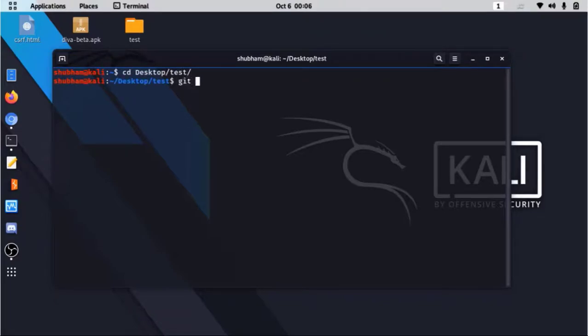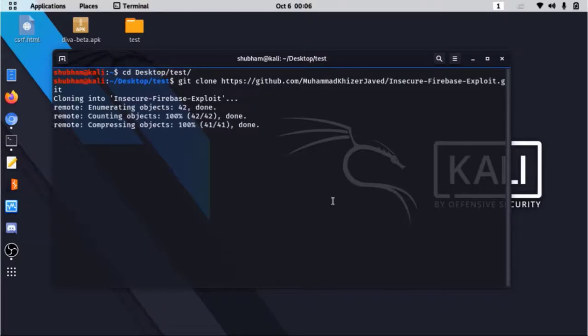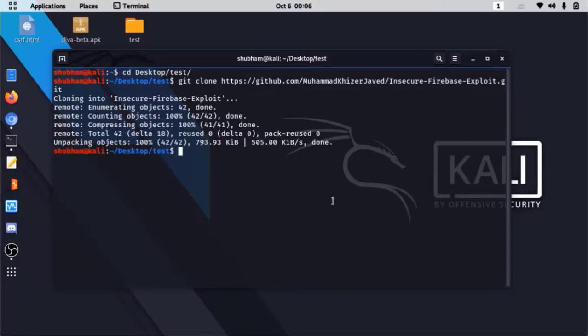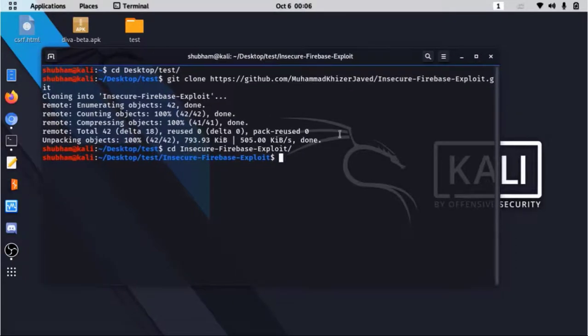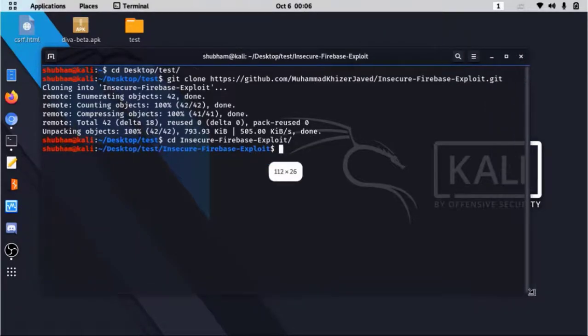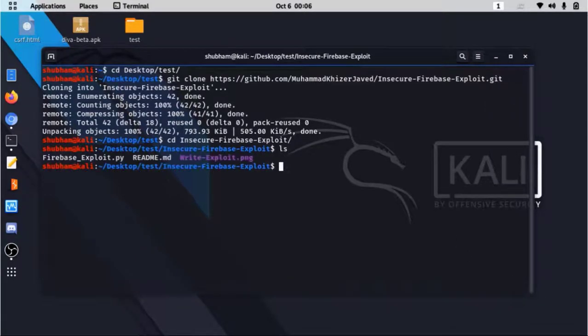So I say git clone and the URL, and it will take a few minutes. After that I do cd and ls. You can see over there the Python script, which is firebase_exploit.py.